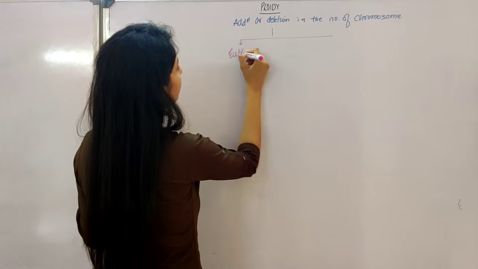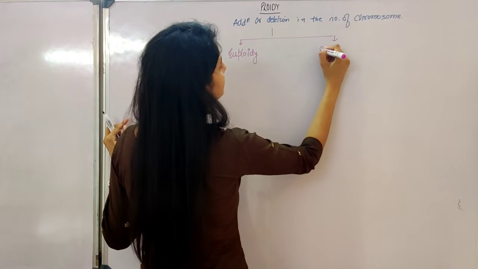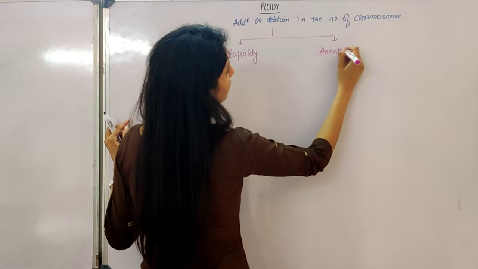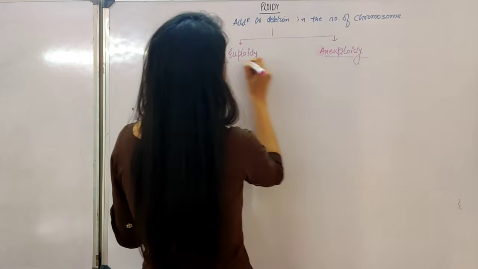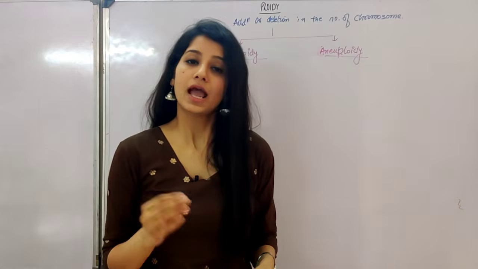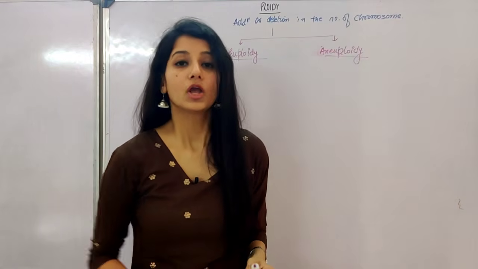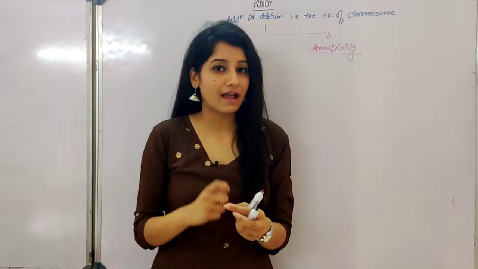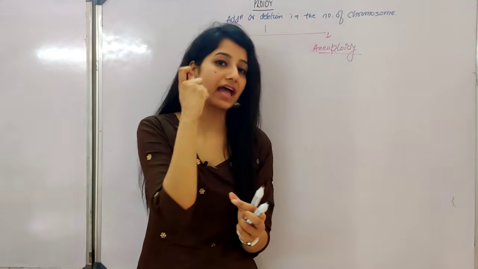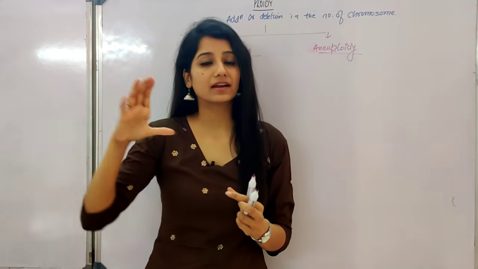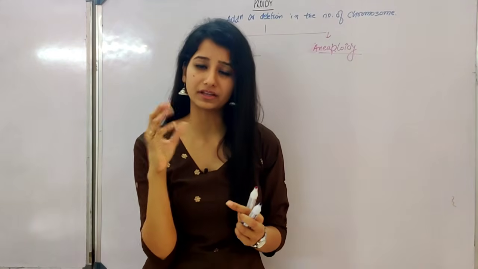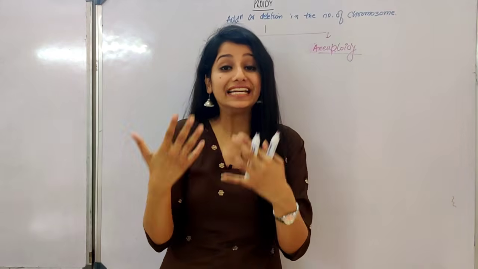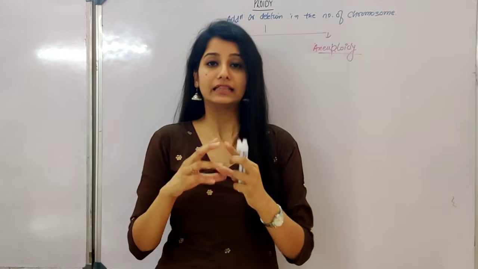One is euploidy and the second is aneuploidy. Two types of ploidy are there, euploidy or aneuploidy. Let's first see with the euploidy. So what happens in euploidy? Let's see that. If we consider an organism, it can be a haploid organism or the organism can be diploid. Some organisms are haploid while some organisms are diploid. That's the normal condition. But if there is a multiplication or addition in the whole set of genome, for example,